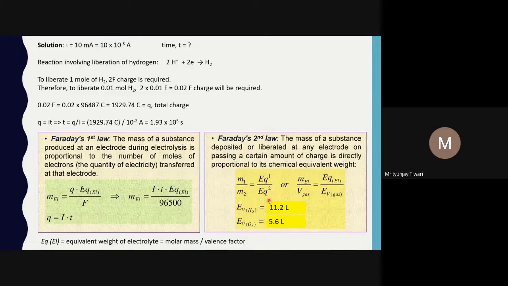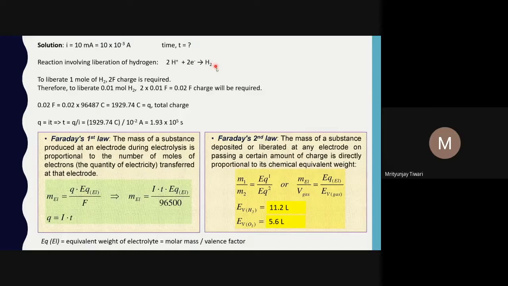This law is very clear, and I tried to explain it earlier as well. So the equivalent weight, the definition we defined, the equivalent weight of an electrolyte is what? The molar mass divided by the valency factor. And the valency factor in the case of electrochemical reactions, how do we know? We find out how many moles of electrons or how many equivalents of electrons are required for the deposition or for the reduction or oxidation of a substance per mole of a particular substance.